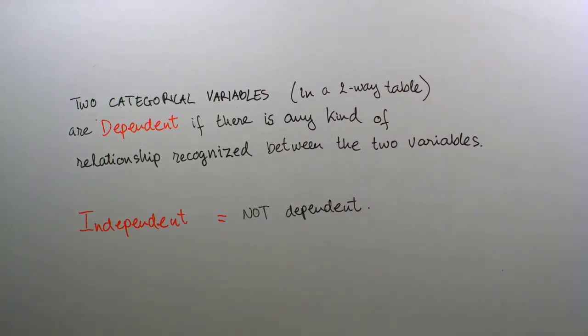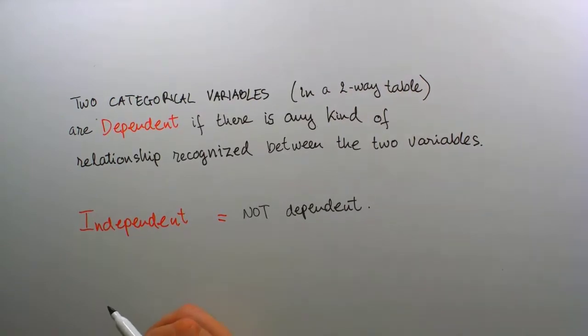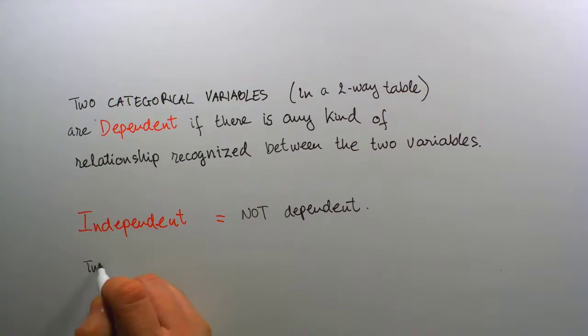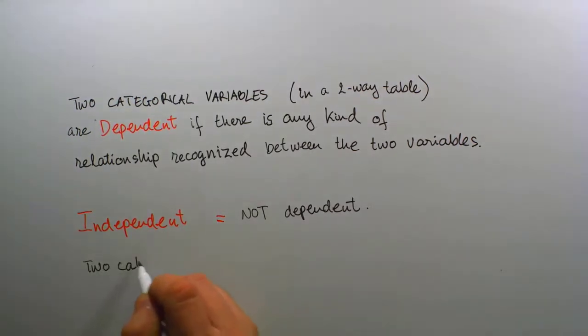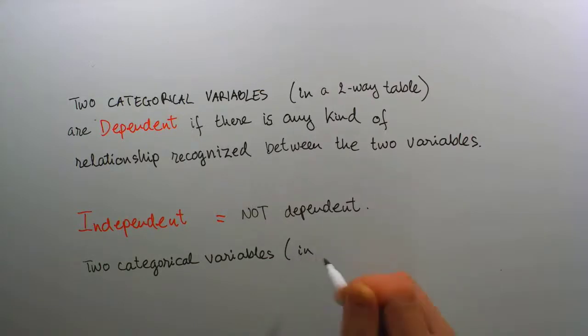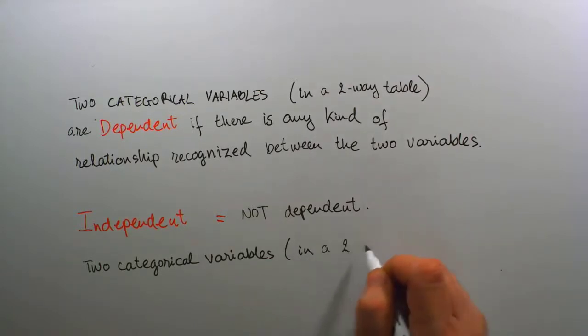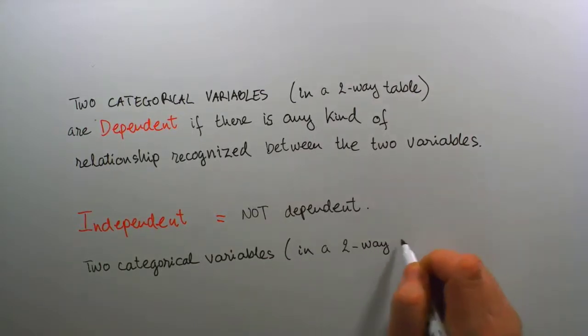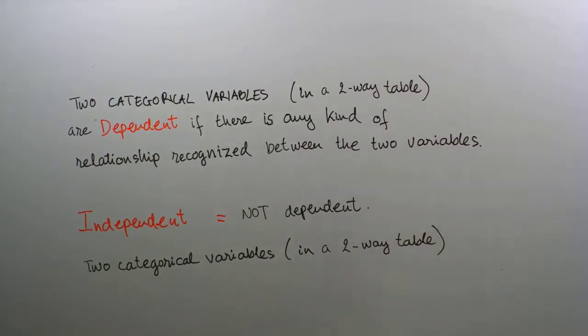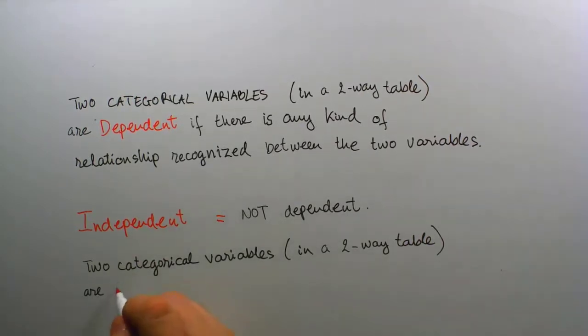And so as a clear definition, two categorical variables in a two-way table, of course, are independent